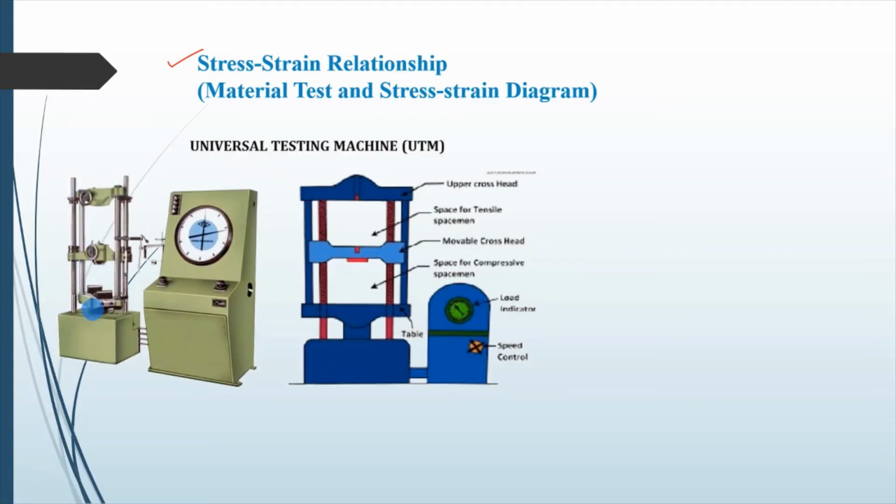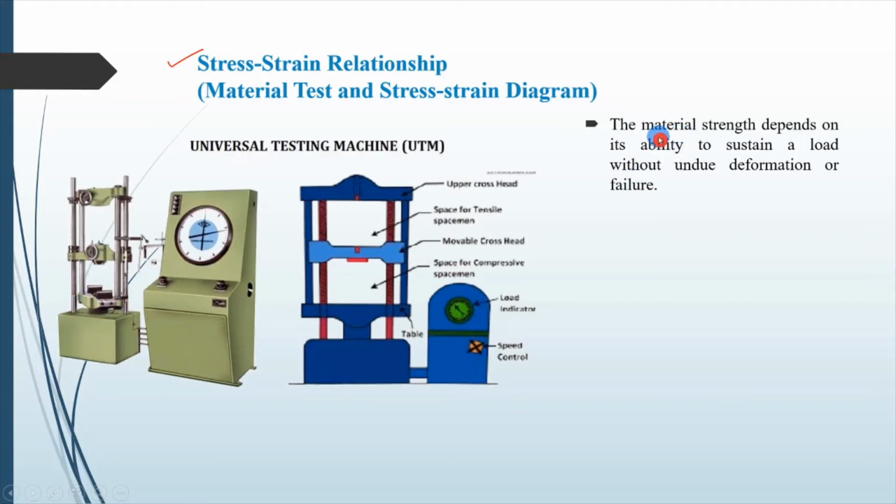The upper crosshead and lower crosshead are rigidly connected by a solid column. Whatever displacement the lower crosshead undergoes is transferred directly, as it is, to the upper crosshead. The middle crosshead will not be in connection with the upper crosshead and lower crosshead. Now during testing, the specimen will be mounted in the space between the middle crosshead and upper crosshead for tension, and for compression, shear, and bending, the testing specimen will be mounted between the middle crosshead and lower crosshead.